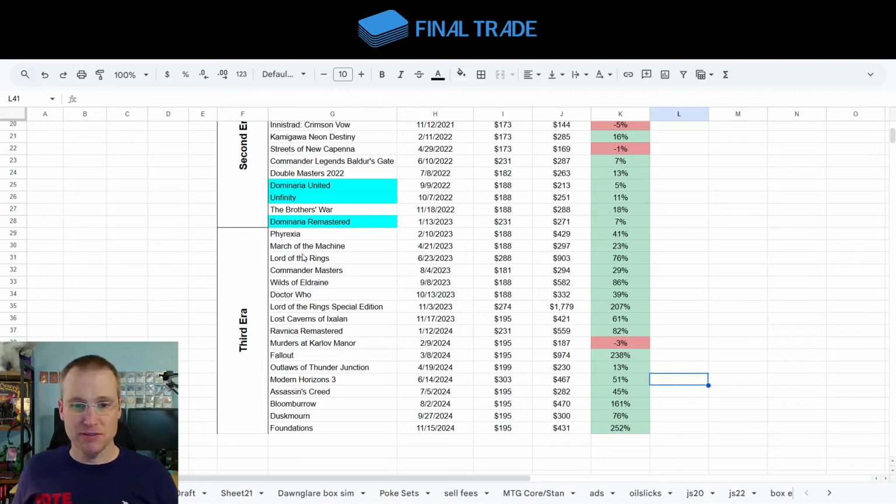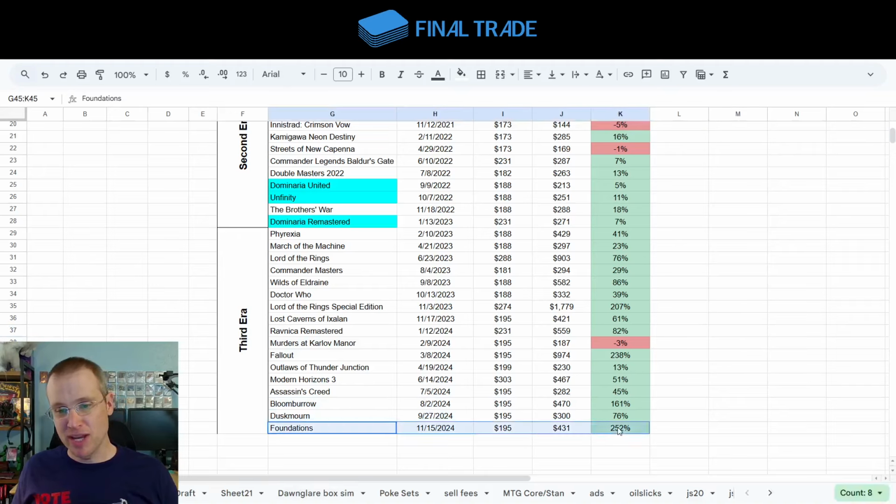And starting with Phyrexia at the beginning of 2023, they started to nail that. And you'll see it on the bar chart here in a minute. Now, I only went out to Foundations. I skipped everything 2025 because compound annual growth rate calculations on very short timelines stop making sense. You start getting ridiculous results, and really you can see it with Foundations there, that it shows